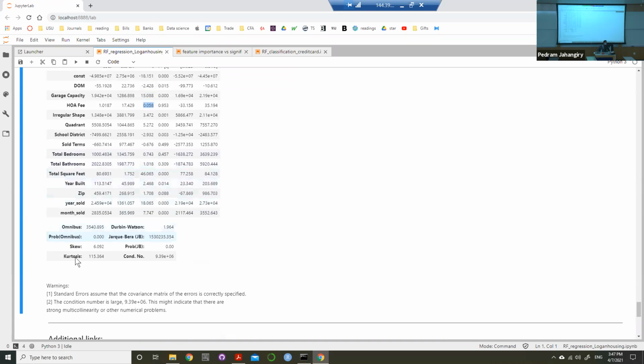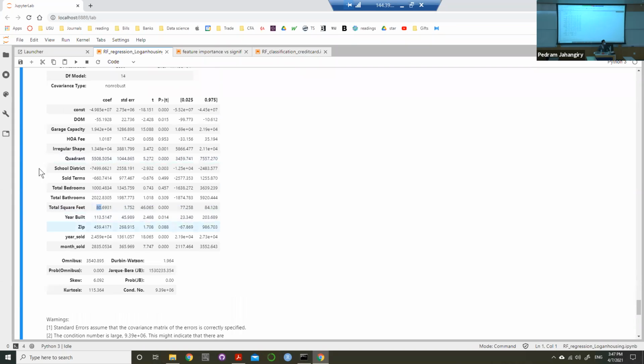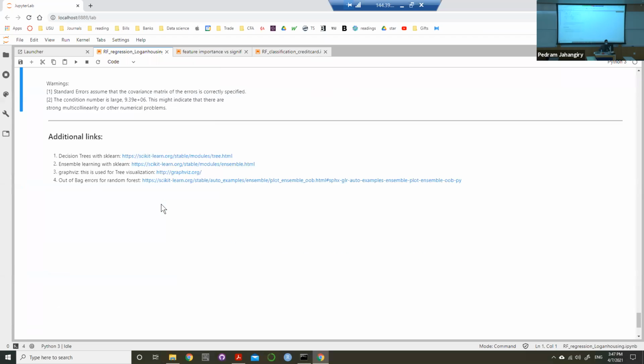So for example, for, I don't know, total square feet, it says that for every unit total square feet in the property, on average, the price is going to increase by $80, right? We cannot say something like this using random forest. Remember, it's a non-parametric model. There's no weights, and even if there is, they are going to be completely lost in the forest. All right, so that was the